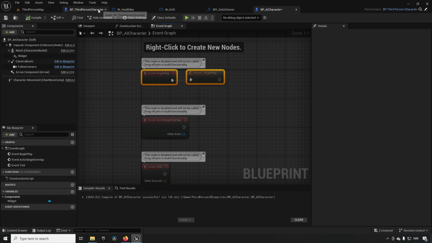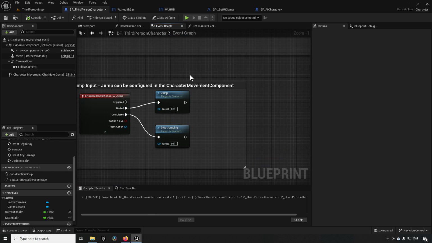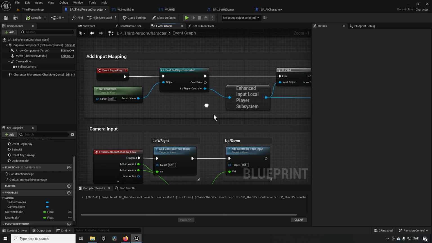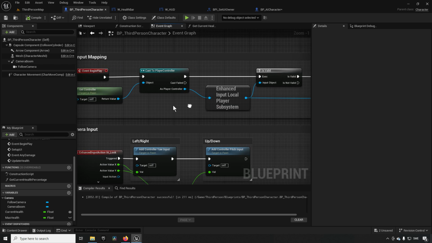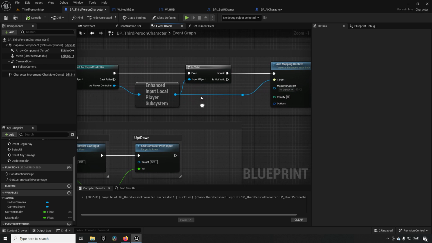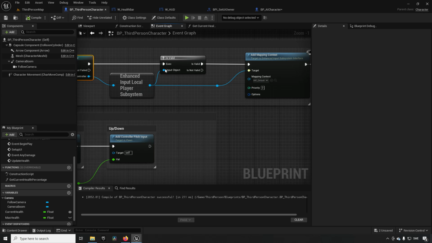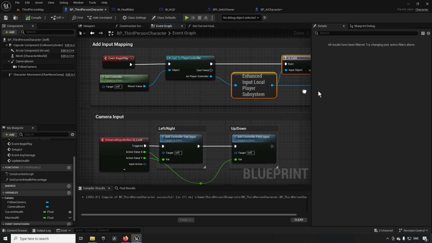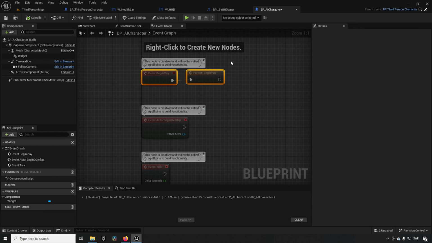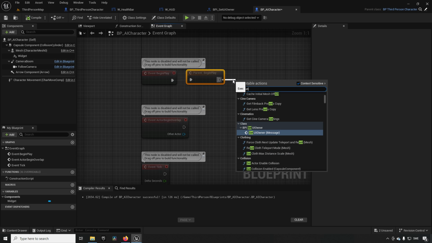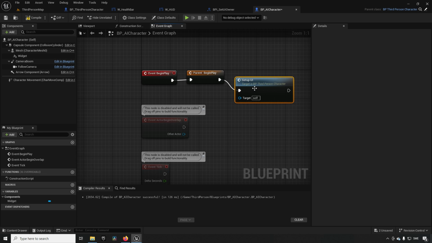And our begin play will look like our parent's begin play, which means that we will be going through all of this information. We cast a player controller, enhanced input, and all of this stuff. Since we have an AI controller in our AI character, this will fail, none of this will run, and nothing here will happen essentially. So what we can do here is either remove this, or after this say that we want to call setup UI, because we want to set up UI for this character as well,